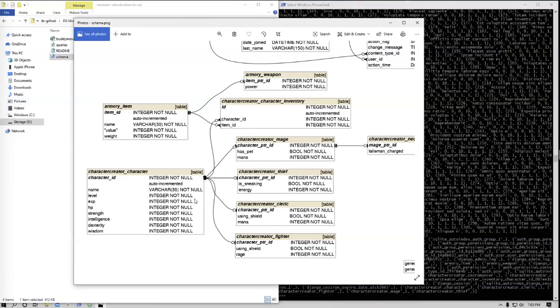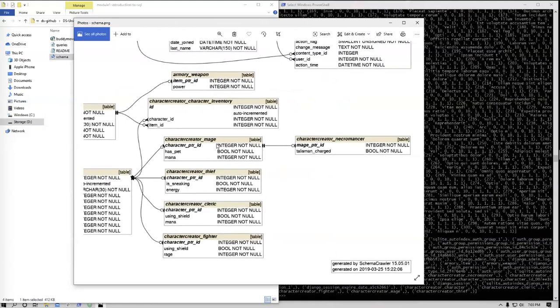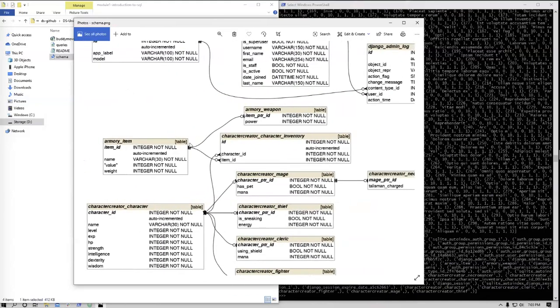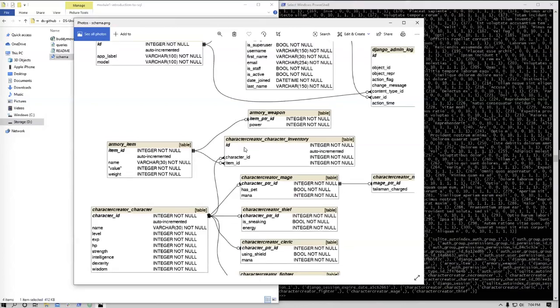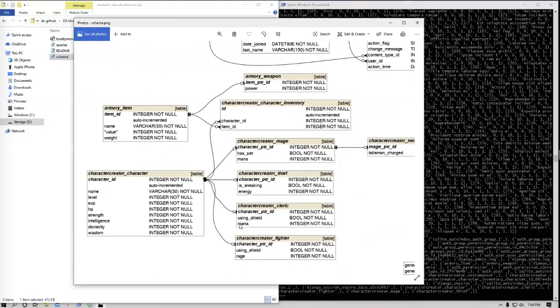Typically they're set up kind of like this, where all of the lines go to rows and reference that row. So character ID is referenced on all of these 4 databases, and character creator necromancer is only linked to character creator mage. Armory item is linked to character creator inventory and armory weapon. So we've got a lot going on here. But essentially, we have everything that we need